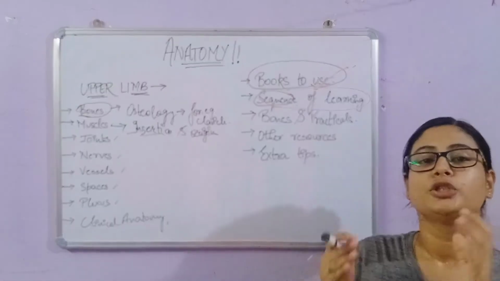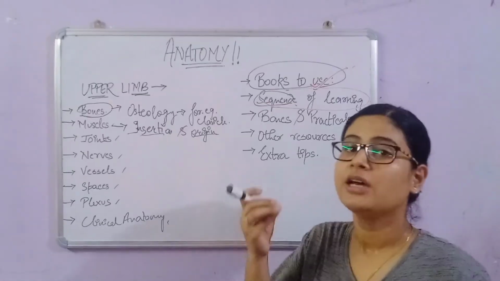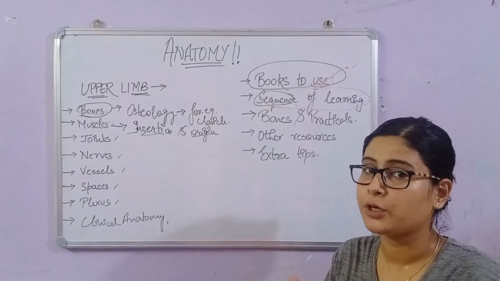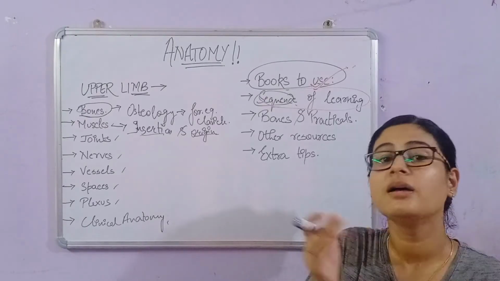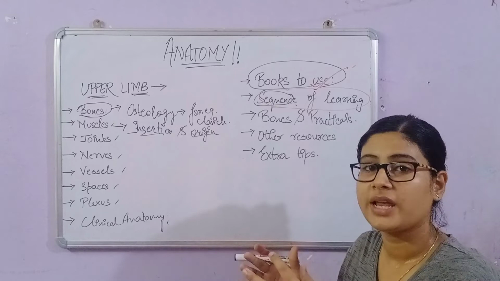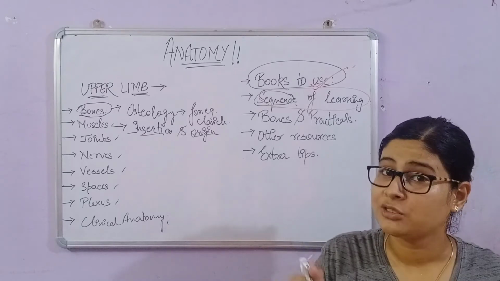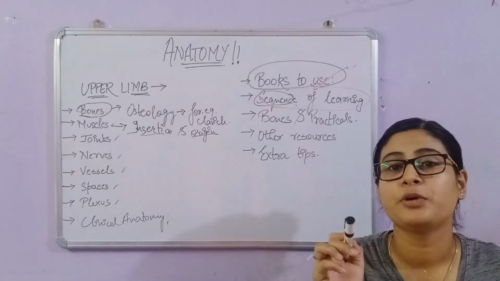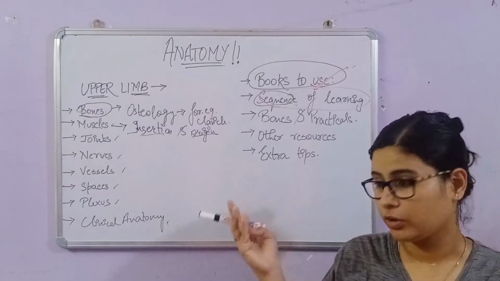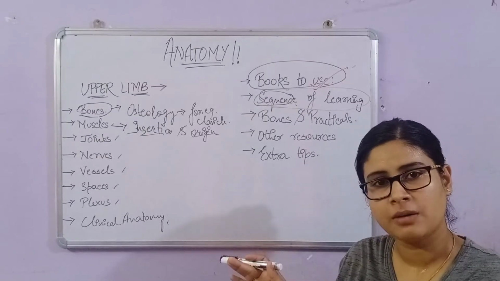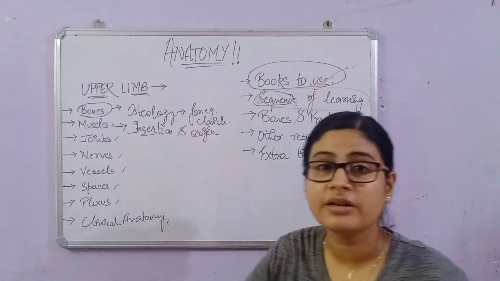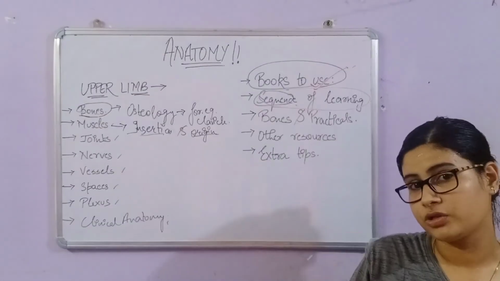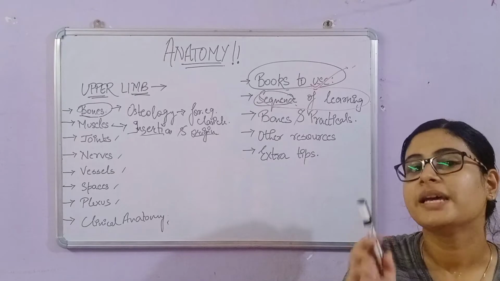For example, the short head of biceps brachii originates from the coracoid process of the scapula along with the coracobrachialis muscle. How do I know that so well? Because I have studied the bone very well. I know the scapula bone by heart. Tips on my hands, have everything about it. That is why I still remember where it originates and where the muscle gets inserted.